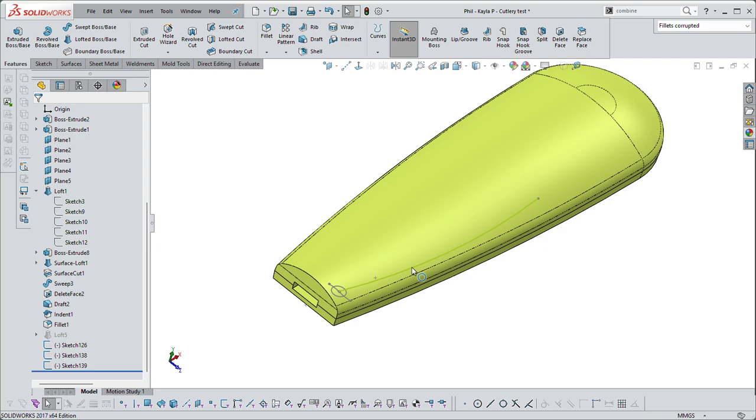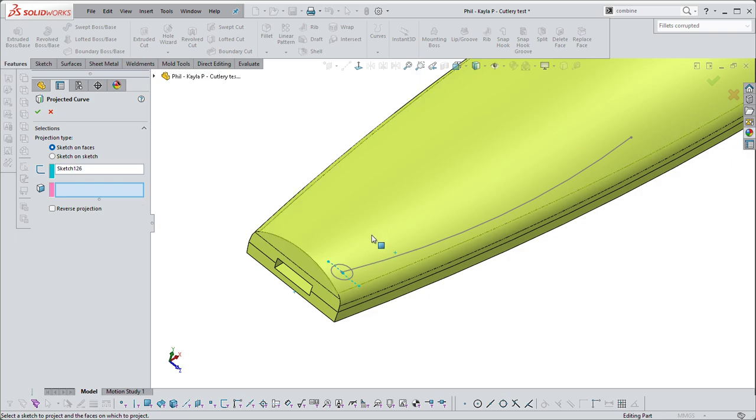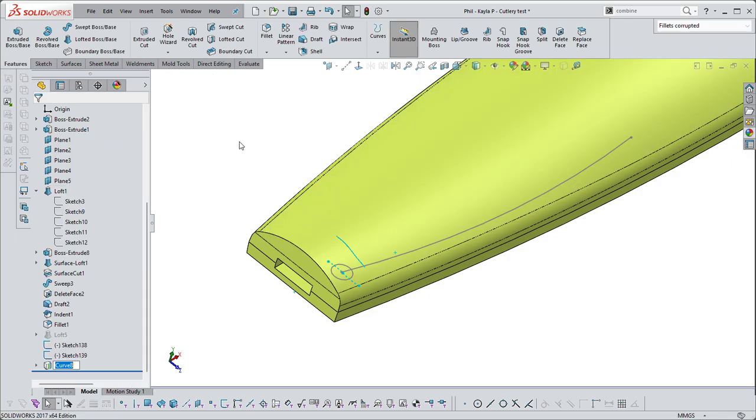The second one is similarly just a curve. It could be a spline as well. It could be anything you want. It could be a straight line, could be a closed curve. So I'm going to project this curve onto this surface and then use that curve to do a swept boss